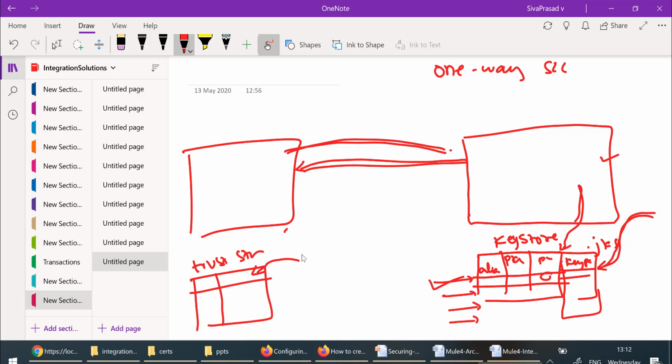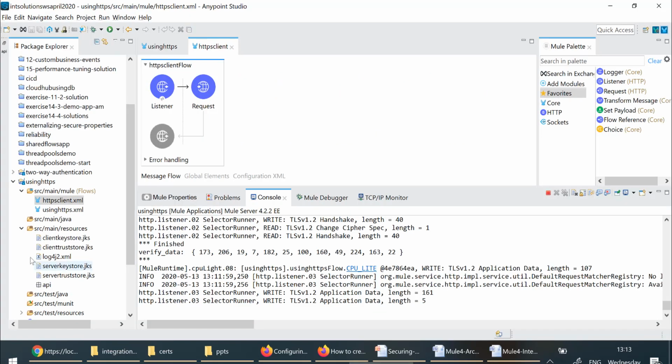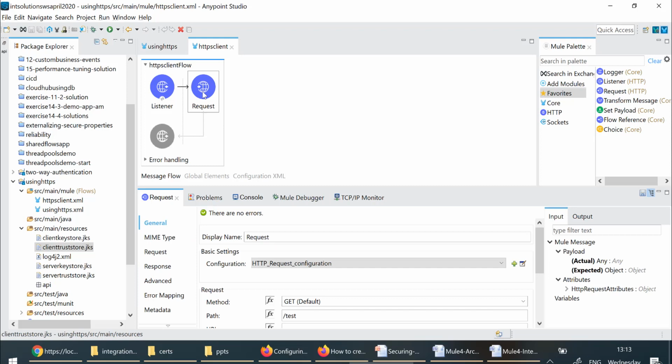imported. So I already have shown you the commands on how to import a server certificate into client trust store, right? So I already have the trust store here, client trust store. I'll show you how to configure. So this is my HTTP request component. Let me just click on this, yeah. And if I edit this,